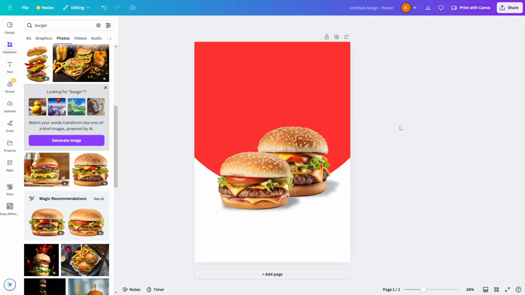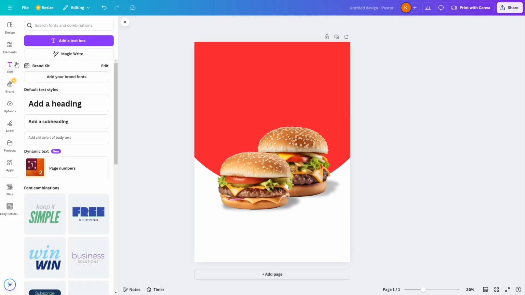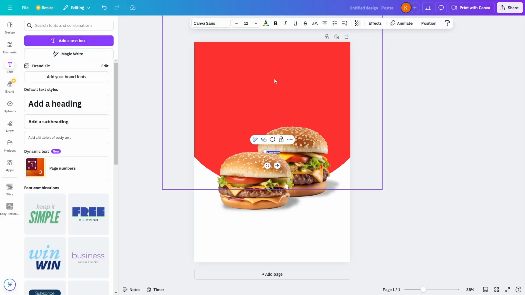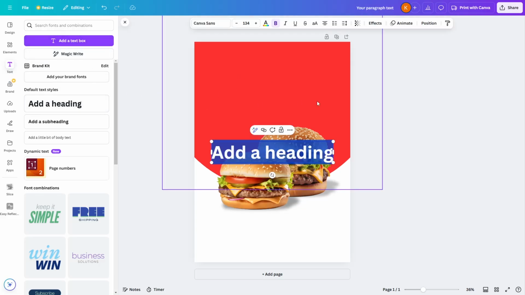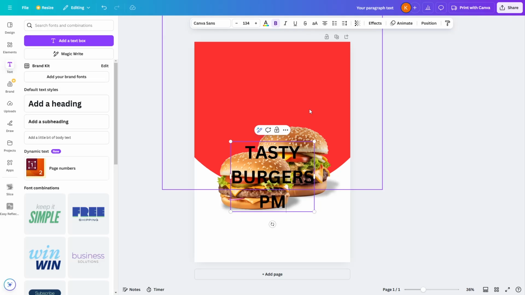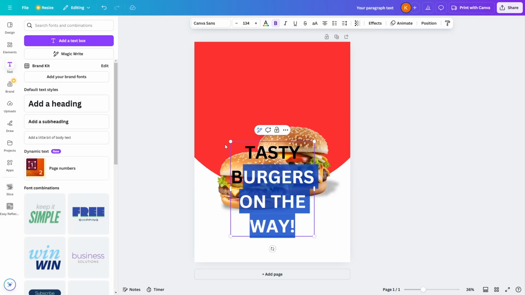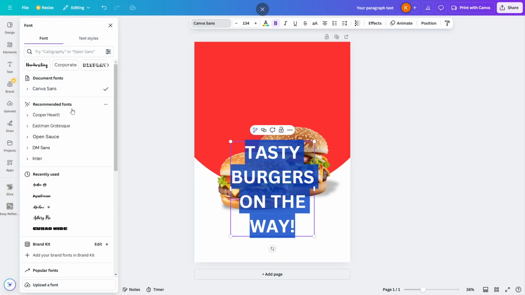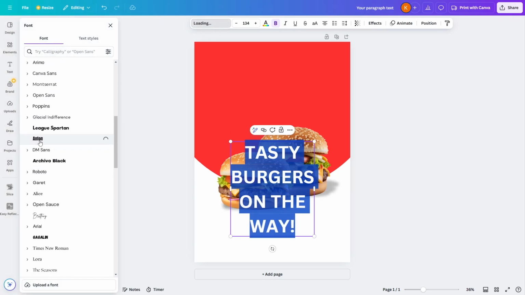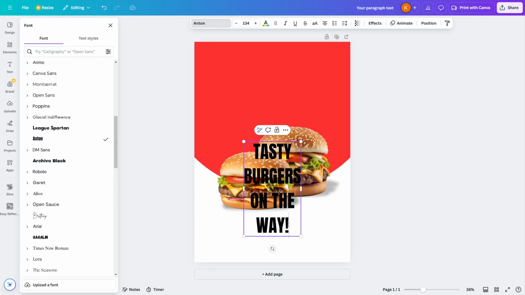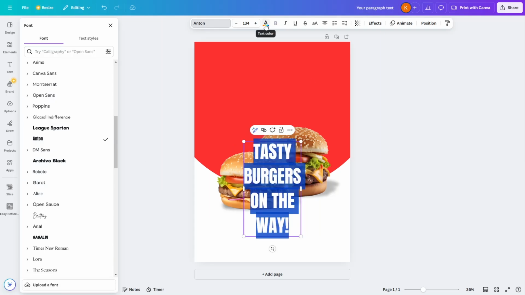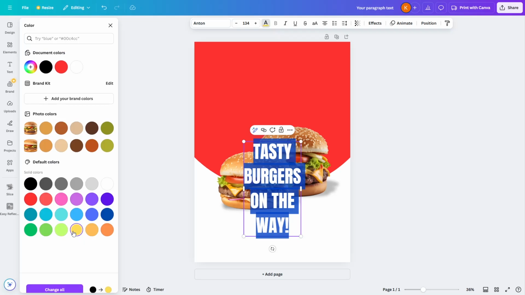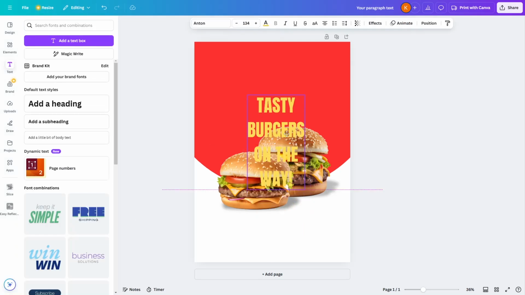And then we're going to add some text elements by clicking on text. For example, you want to type like a click here, and then let's say if you want to type tasty burgers on the way, exclamation mark. And then you can change the font type, click here, and then let's say if you want to have a narrow typeface, just like this, and then you can change the color of the text by clicking on this one. Let's say if you want the color of the text to be yellow, then you can